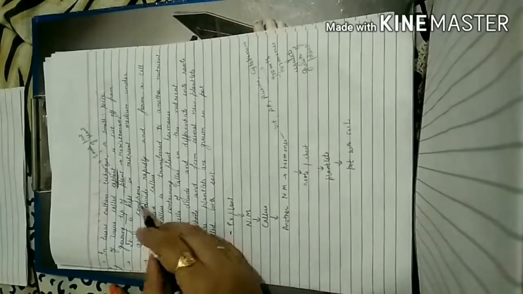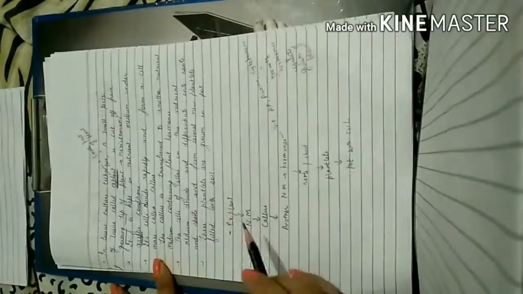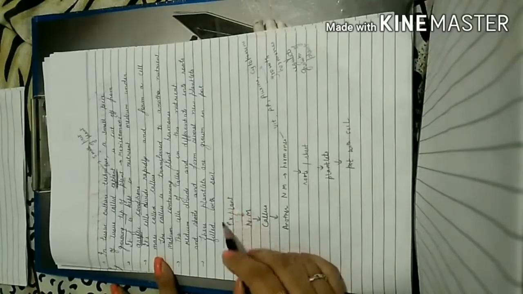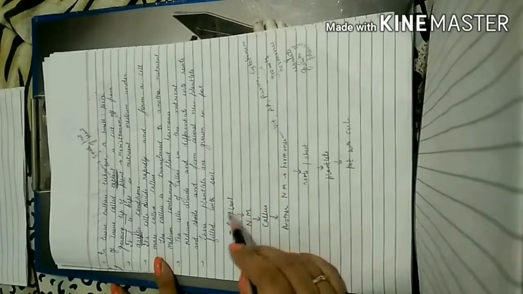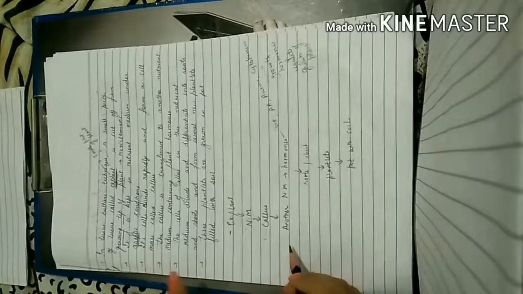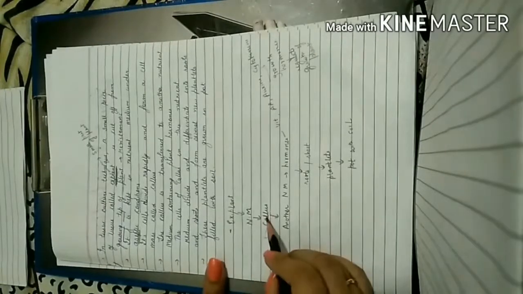Then its cells divide rapidly and form a mass of cells that is called callus. When this explant is transferred to the nutrient medium, then in the nutrient medium this small piece of tissue, that is explant, will grow and develop and form callus, right? What is callus? We have studied that it is an undifferentiated mass of cells. Then this callus is formed.